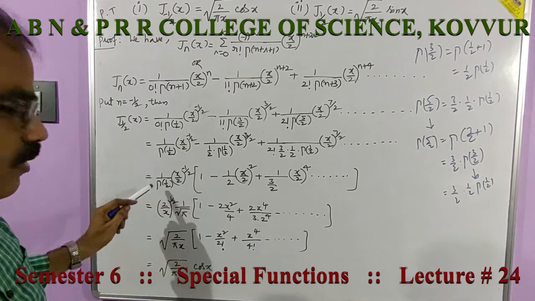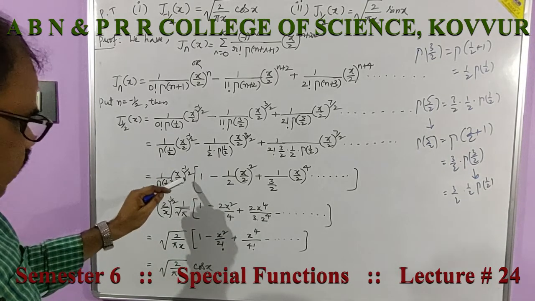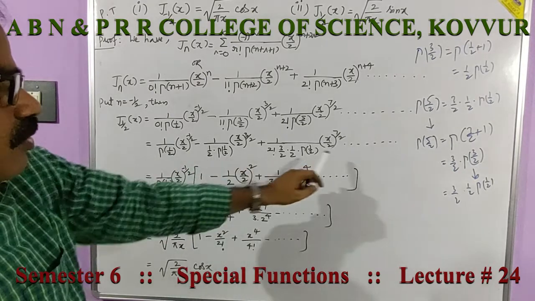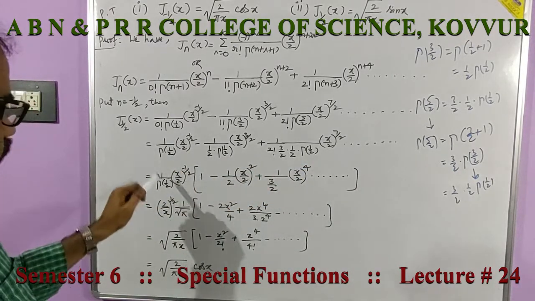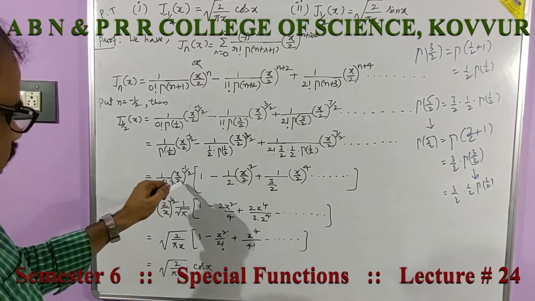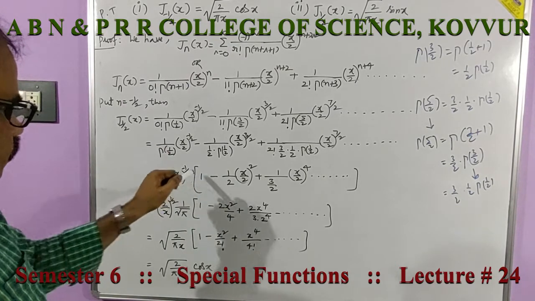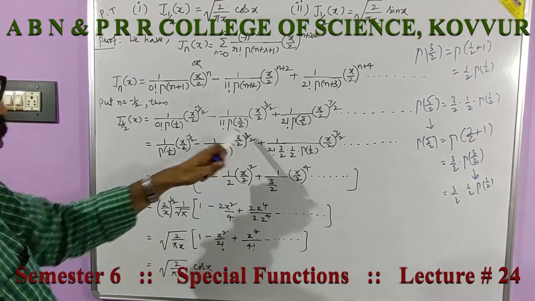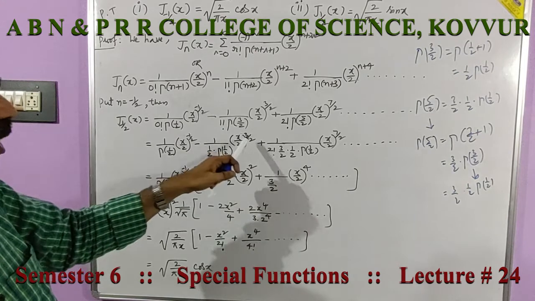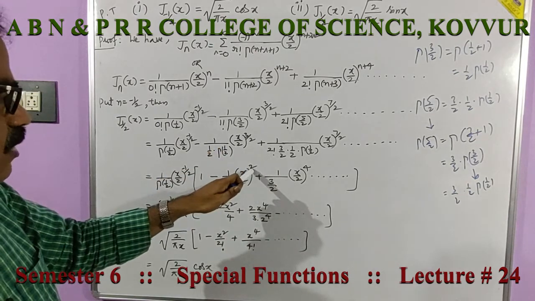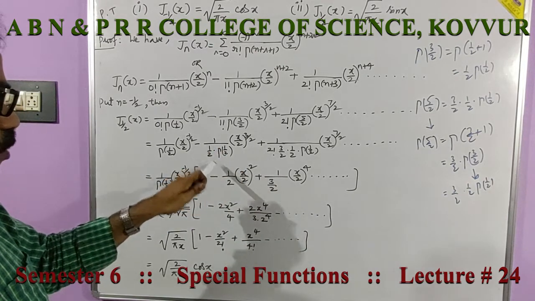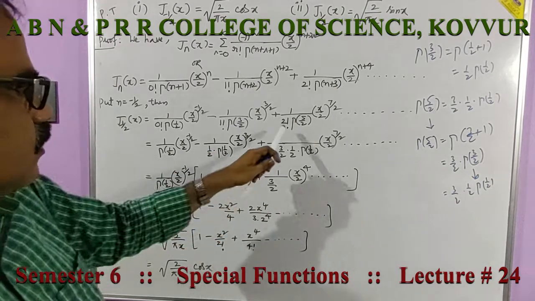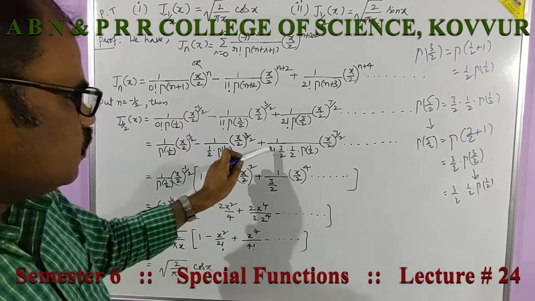1 by gamma 1 by 2, x power minus 1 by 2, that I have taken as common factor in all these terms. 1 by gamma 1 by 2, gamma x by 2 power minus 1 by 2. If 1 by 2 minus 1 by 2 is taken out, what remains here? Square. 2 plus minus 1 by 2 is 3 by 2. So that is why here I put square 1 by 2 x by 2 square plus 1 by this 2